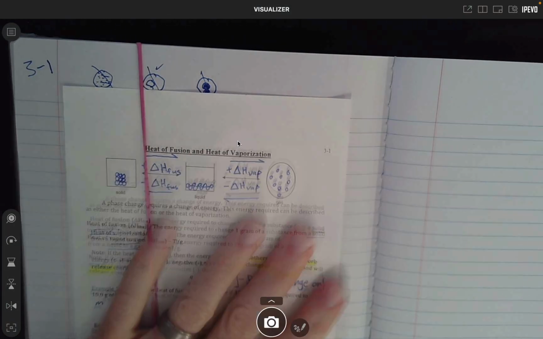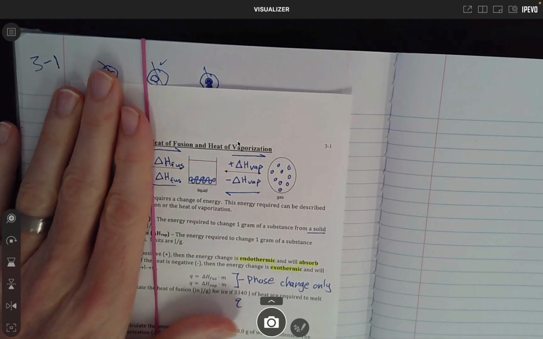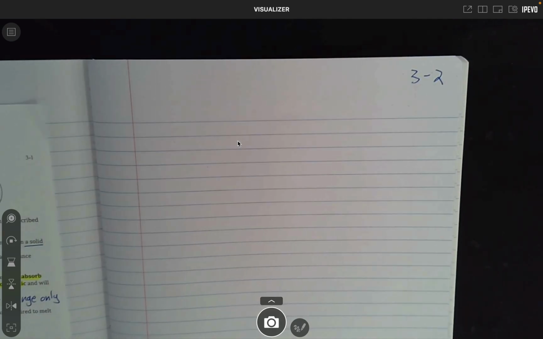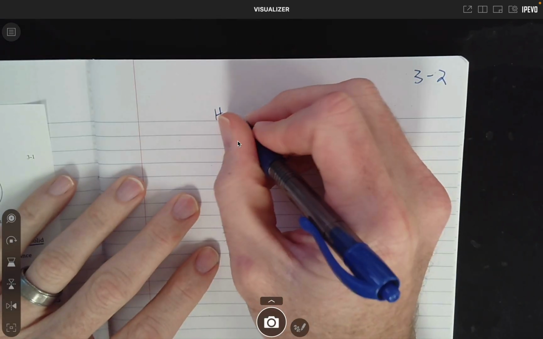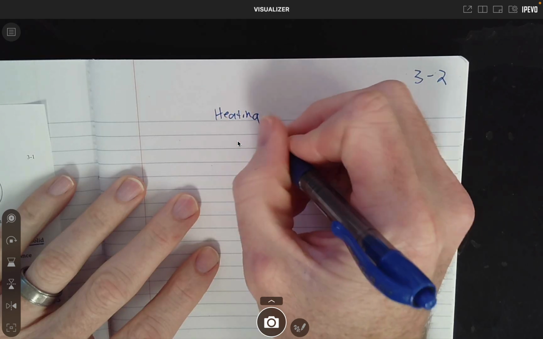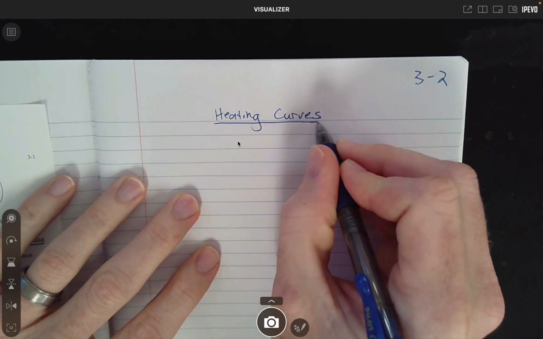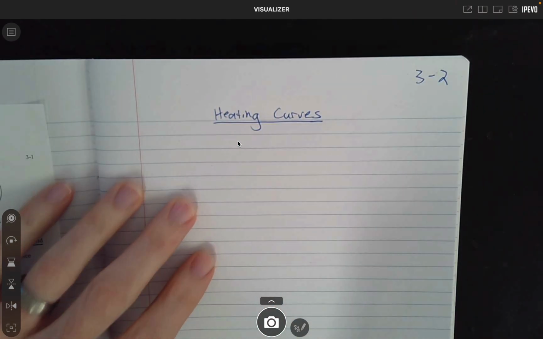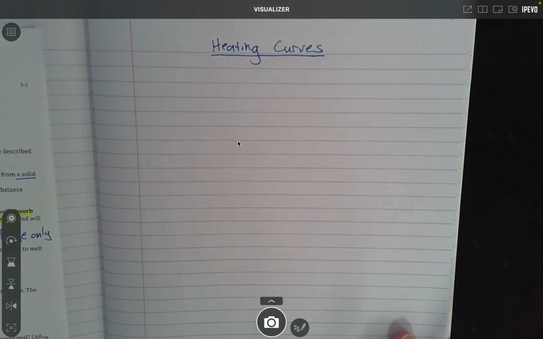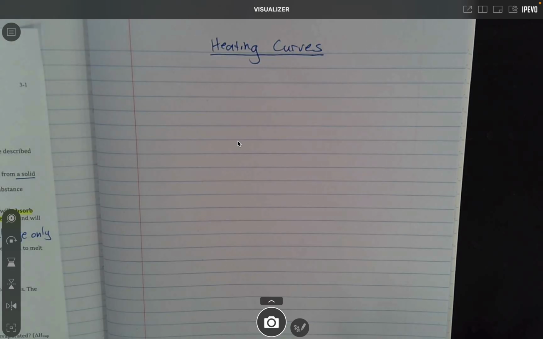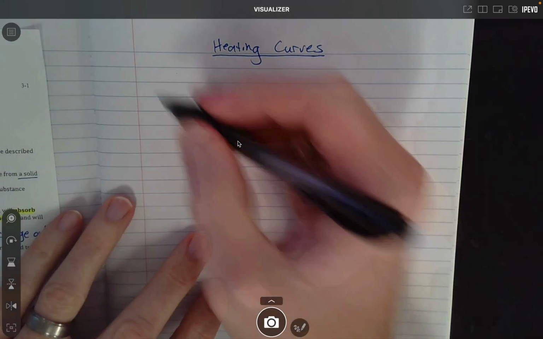So if we open it on up, we took notes on Unit 3, Lesson 1. So this is going to be Unit 3, Lesson 2. And we're just going to write it down. We're going to call it heating curves. Okay, now there's more to it than this. Well, there are going to be additional parts that we'll walk through in a minute, but we just want to learn what a heating curve is. So let's go ahead and draw in